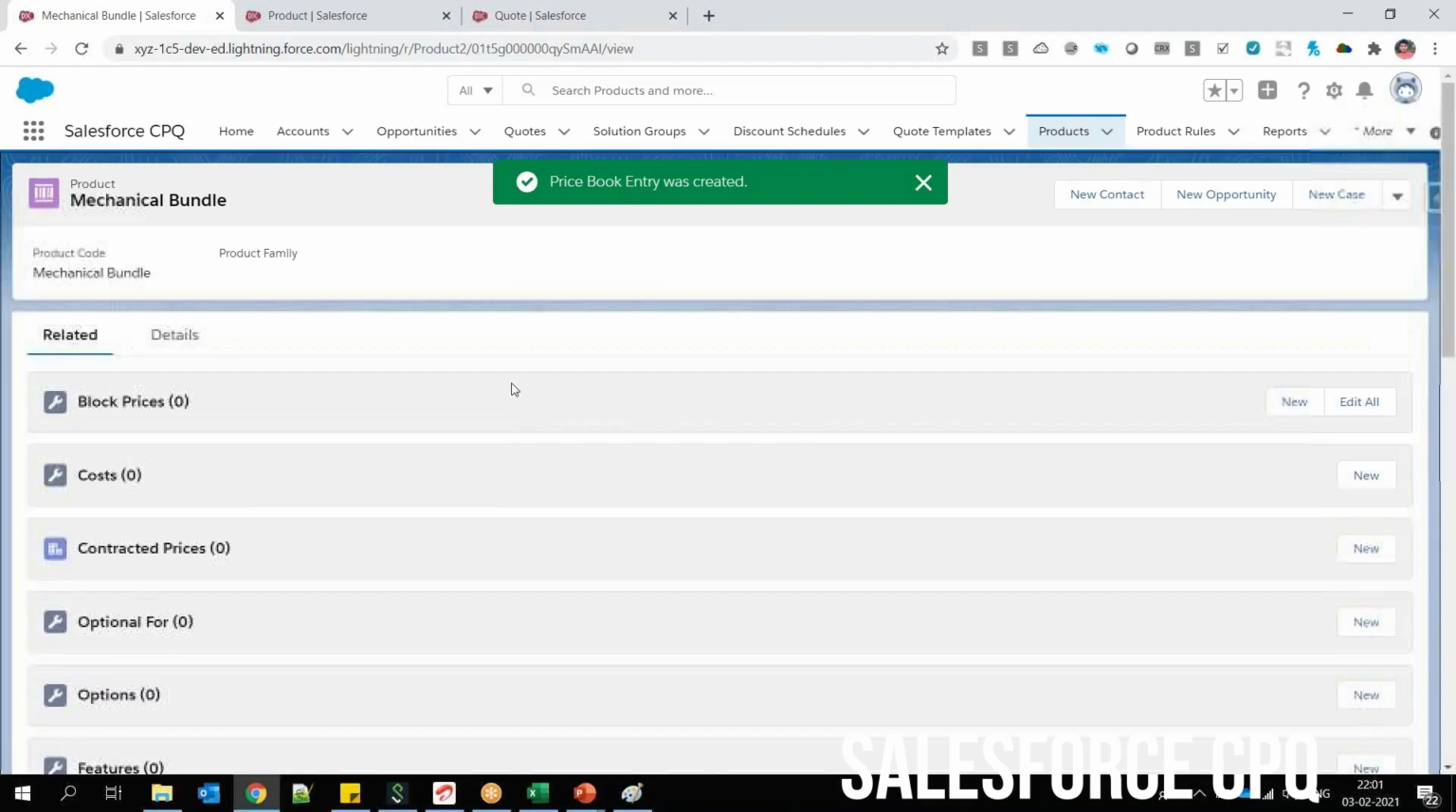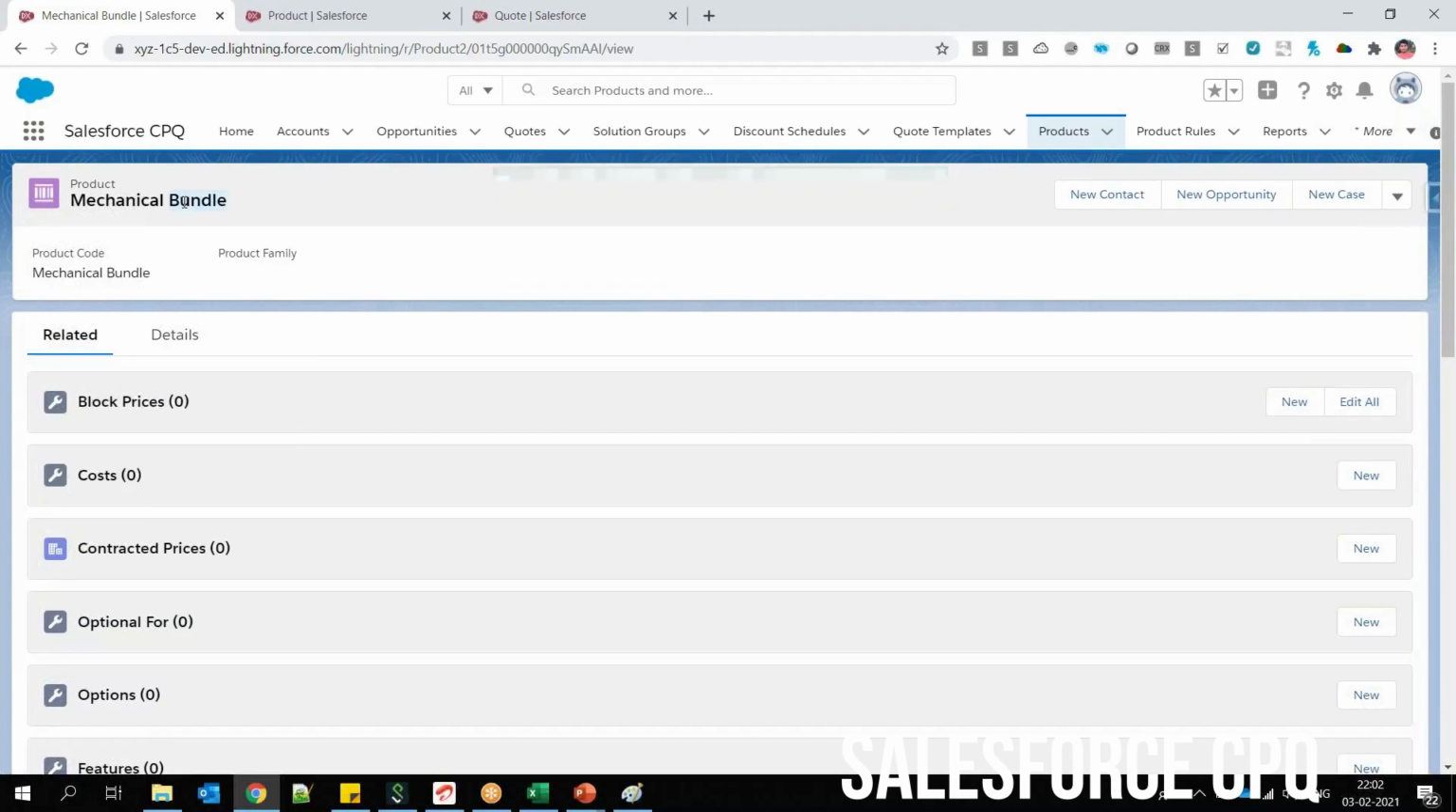Now the point comes in your mind. I created three products now. One is SLM, one is PLM, and the third one is a mechanical bundle. All these products, but I am saying this product is my bundle. How to identify that? And that bundle should contain your,